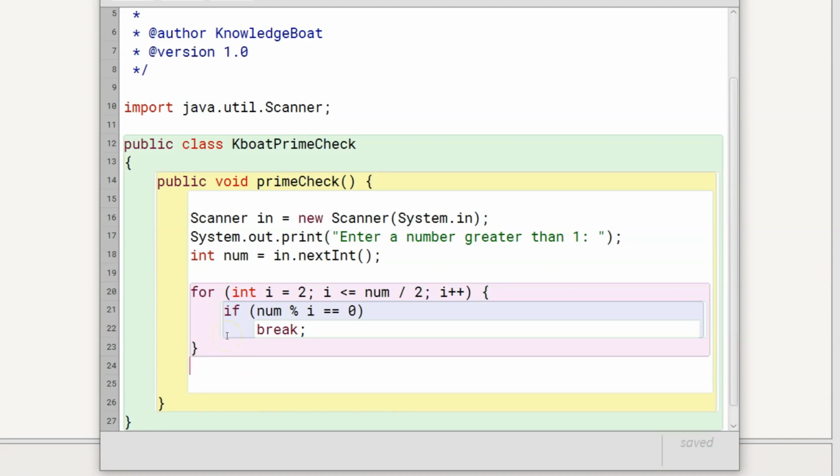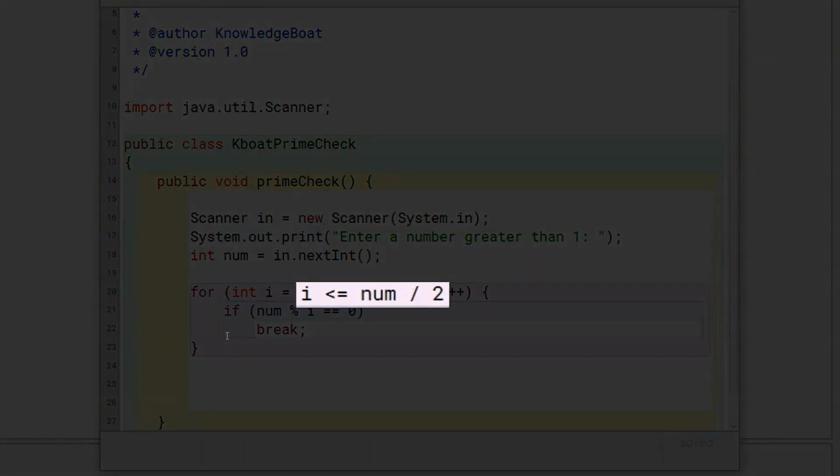What should we write here? Outside the loop, I need to know if I came out of the loop by executing this break statement or the loop completed all iterations and exited normally. If the loop is terminated by break statement, then the number is not prime. If it ended normally, then the number is prime. One way to do this is to check the loop control variable. If break was executed, this condition will still be true. If loop exited normally, then this condition must be false.